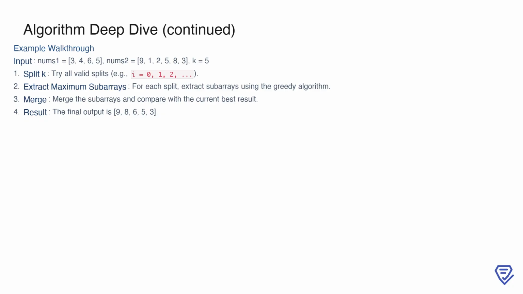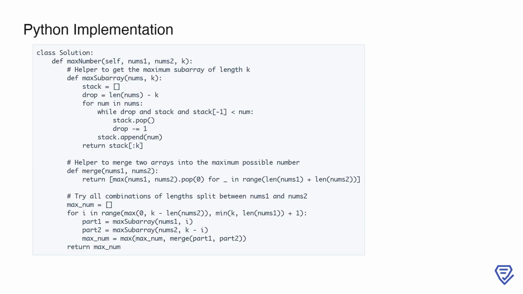This example highlights how the algorithm systematically explores all possibilities, applies the greedy selection and merging processes, and ultimately finds the optimal solution. This solution to LeetCode problem number 321, Create Maximum Number, uses a combination of helper functions and a main loop to achieve the desired result. The goal is to construct the maximum number of length k by combining elements from two input arrays, preserving their